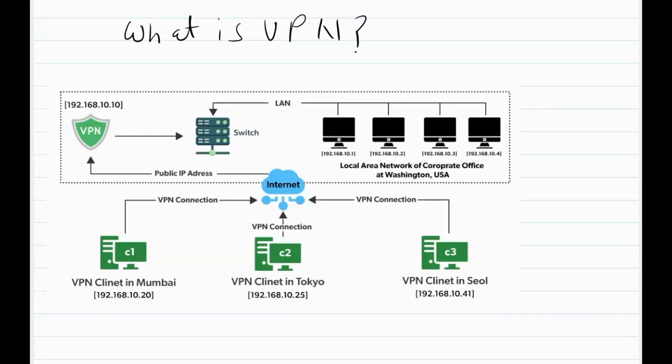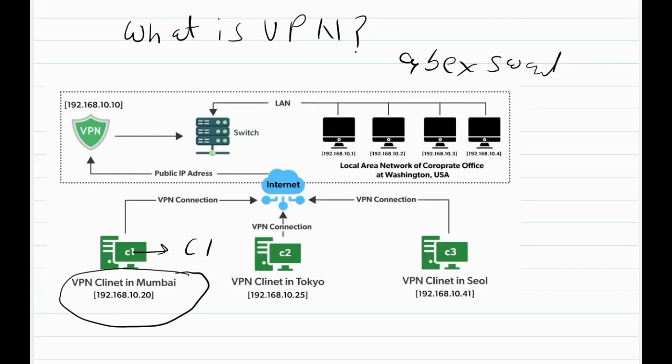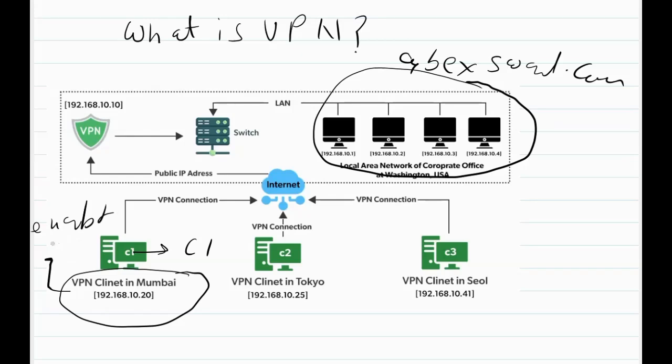Suppose that you have a computer C1 in which a VPN client is installed. If you want to access a website, cyvexsol.com, which is hosted on this network, and you want to access this website through VPN, the VPN client encrypts your query and IP address and sends it to the